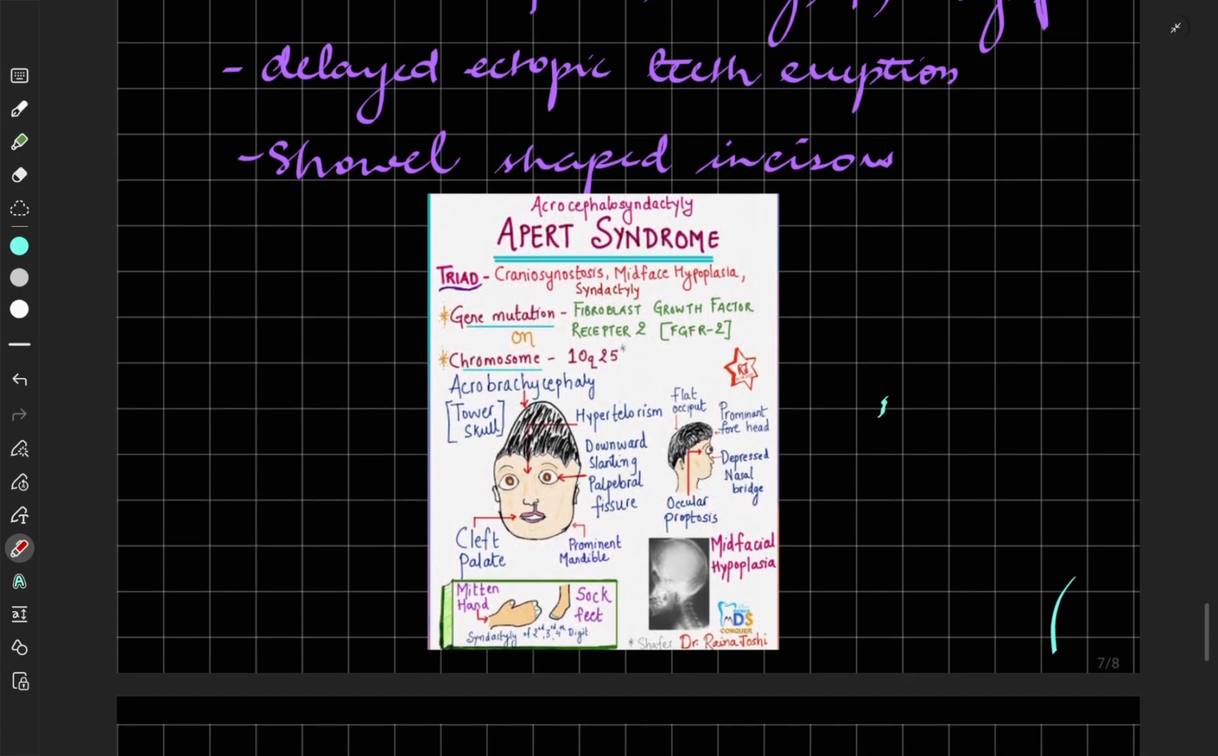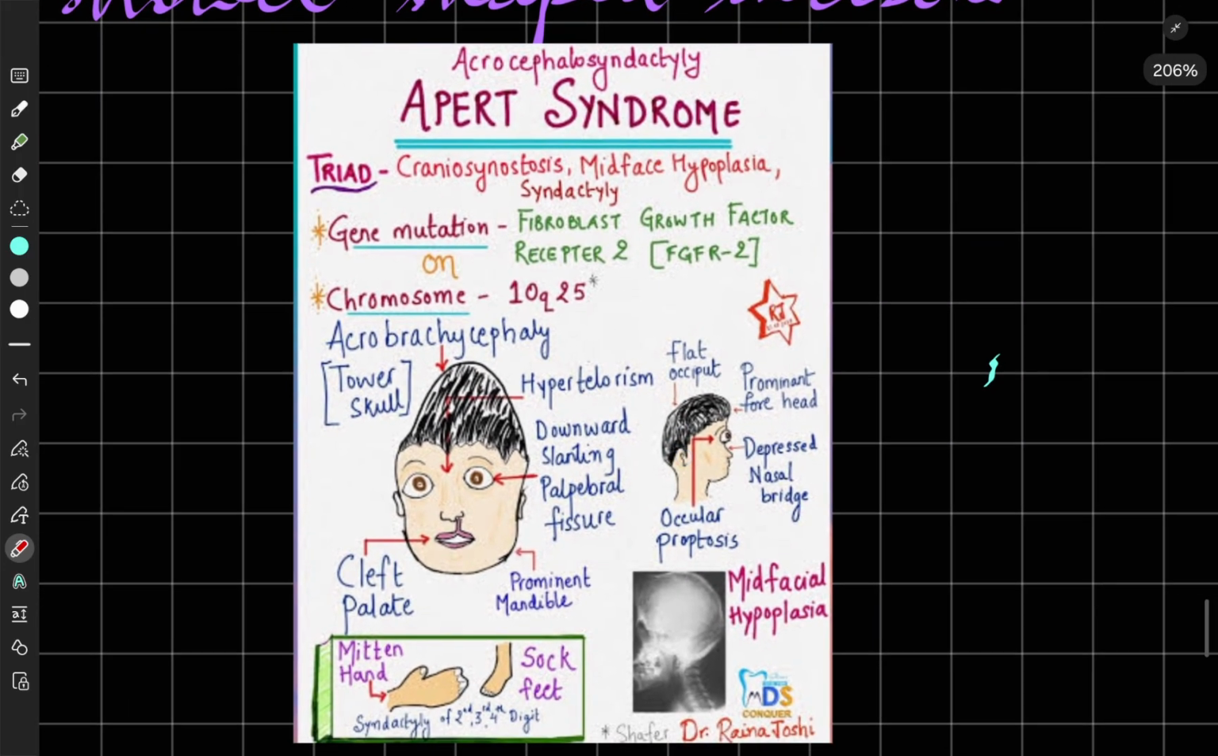So here is a triad: craniosynostosis, midface hypoplasia, and syndactyly. The mutation is in fibroblast growth factor receptor 2, on chromosome 10q25 and also chromosome 3q25 to 26. Acrobrachycephaly is the tower skull, hence the name itself. There will be hypotelorism. You can see hypotelorism,